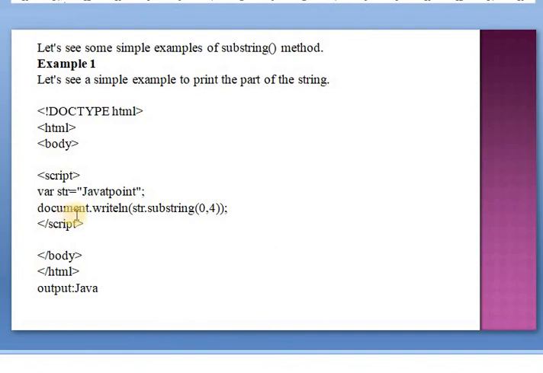And here I am displaying this result on a web page, that is document.writeln(str.substring(0, 4)). Here it starts at position 0 up to the 4th position, 0, 1, 2, 3, up to 4 but not including, so it returns Java on the web page.